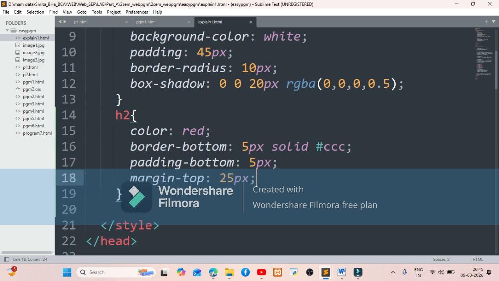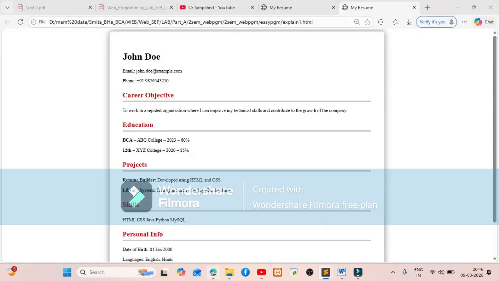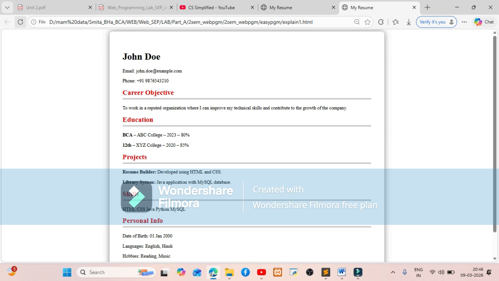Next we can add the margin to our content. So here I am adding the margin as top margin and the attribute name for that is margin top and the value is 25px. So let us see what difference does it make. Refresh your page. So you can see the difference. There is some top margin added to each and every subheading. Now let's change it. Let's make it 15px and see the difference. So here you can see the content moved up because top margin was reduced.